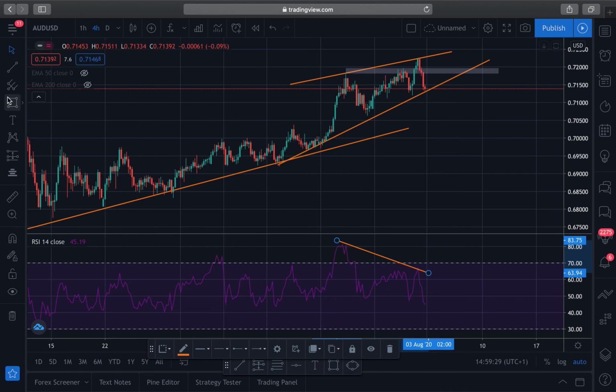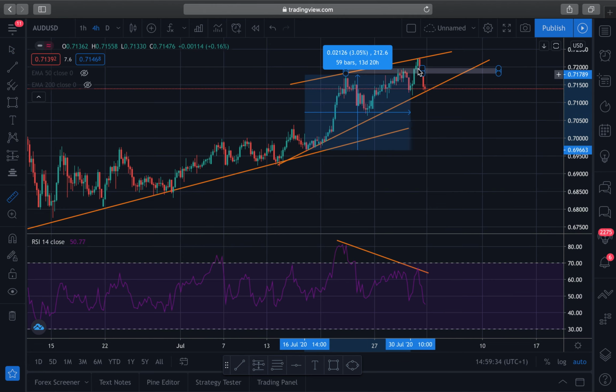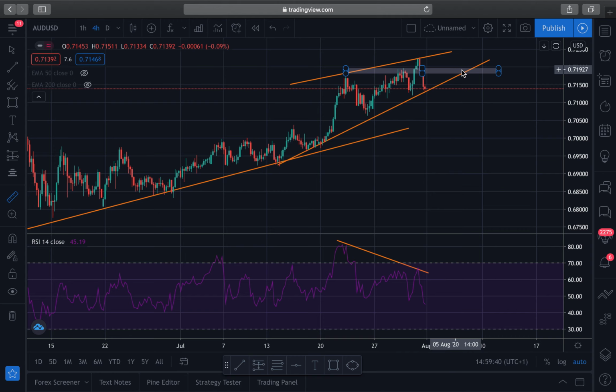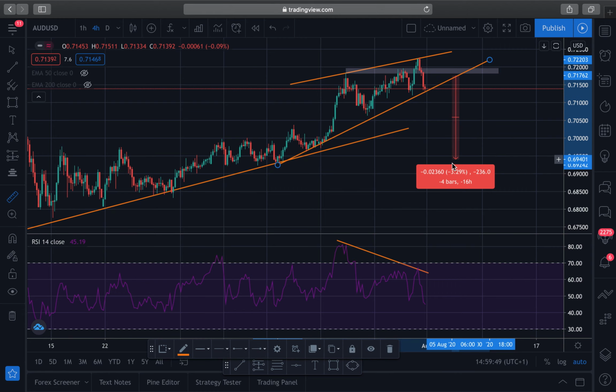What I'm going to do is measure the biggest distance in between the wedge, but I don't know, you might not be familiar with that. And this is like 259 pips here. So if I'm going to take an entry, let's assume this one breaks. I'll be waiting for a retest of this trend line here. So, I might get an entry around here and then I'll measure the same 259 pips,